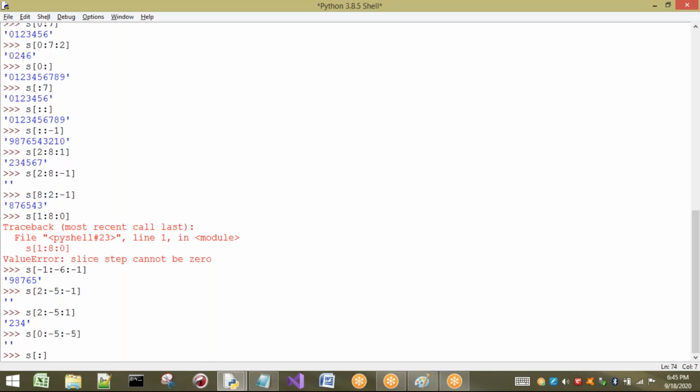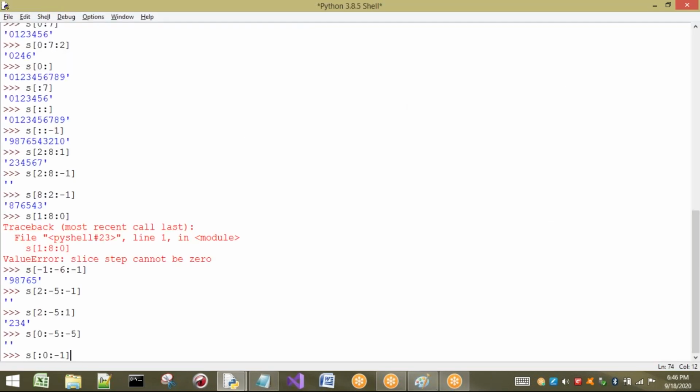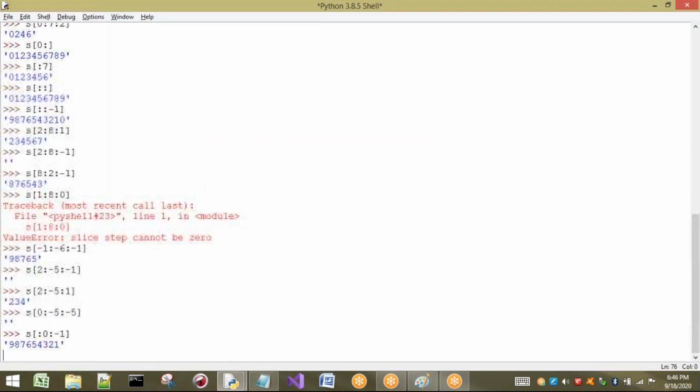Okay. Next. Just I will take here, starting I am not, beginning I am not going to take. I am going to take only end and -1 I am going to take. Here what happens? Starting value is not taken, but step is what? -1. So if I take step as -1, this is 0, this is -1. From reverse direction, this is what? Begin I have not written. So by default begin will be what? -1. Up to where I have to take? Up to 0. Reverse direction. Okay. So from where up to where it is going to take? See, you can observe here. You may get one doubt. I will clear that doubt also. Now see, what is the output?